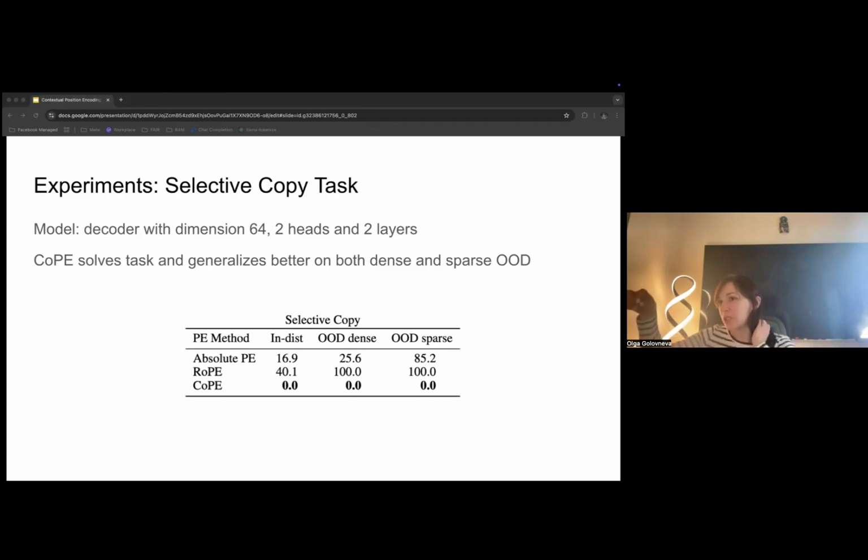It was able to attend to this noise token and just isolate it because it's contextualized, so it increases position each time it sees this token. It's aware of its embedding, while other methods completely fail to do this, especially if you look at rope. Rope just leads to a 100% error rate. It cannot do this task out of distribution.